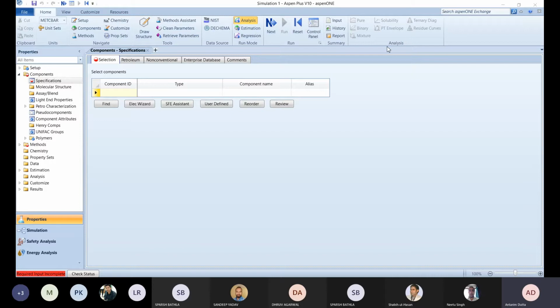The main thing that it does is it mixes the multiple streams which are fed into it as input. It mixes those streams and gives you one output. So the classic example of using the mixer is, you may have gone through the recycle reactors, where the pure feed is getting mixed with your recycle stream.